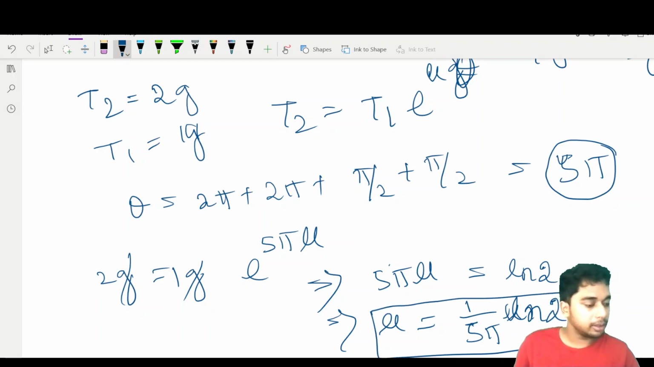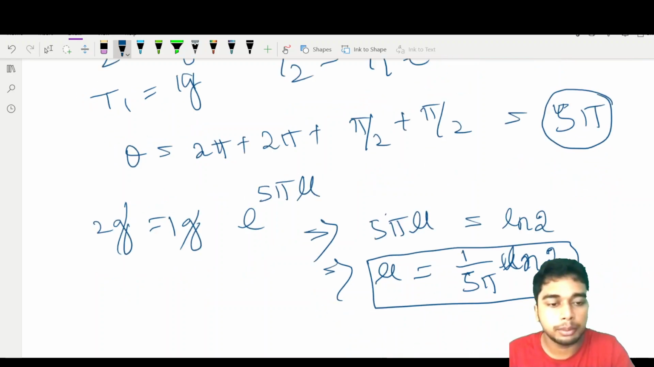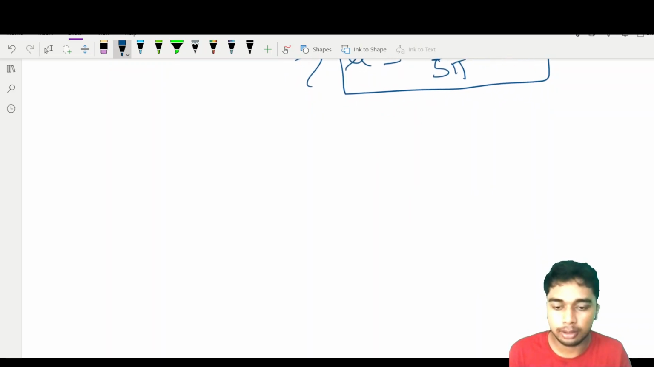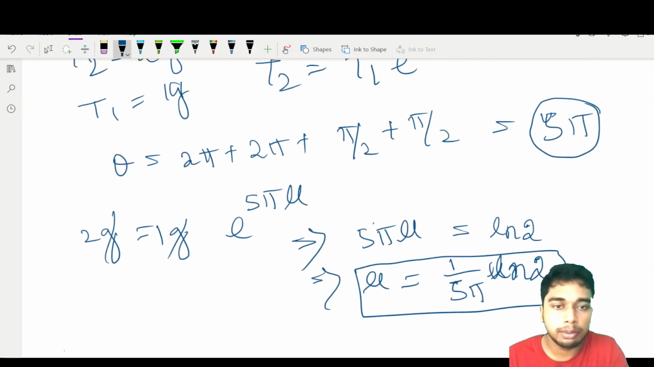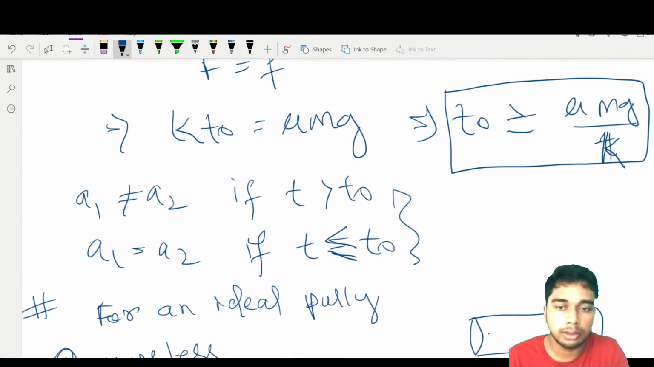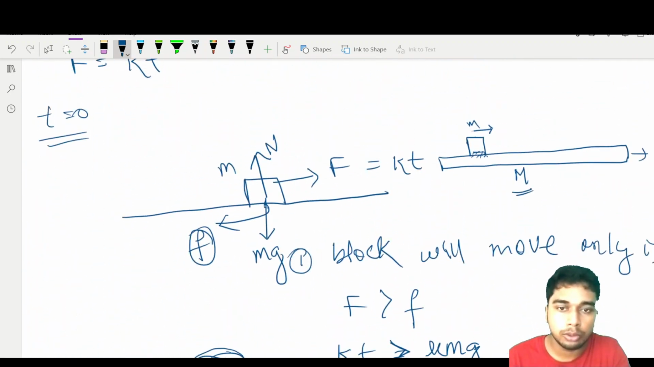Now let us discuss the next problem. The next type of problem can be asked related to friction. In the above problem I considered only two blocks. This was the first block and this was the second block. So let us discuss